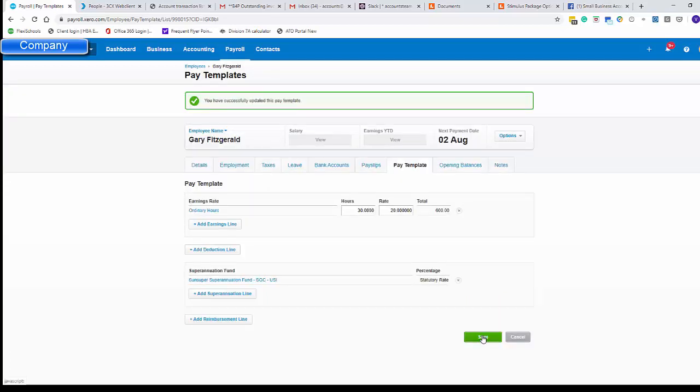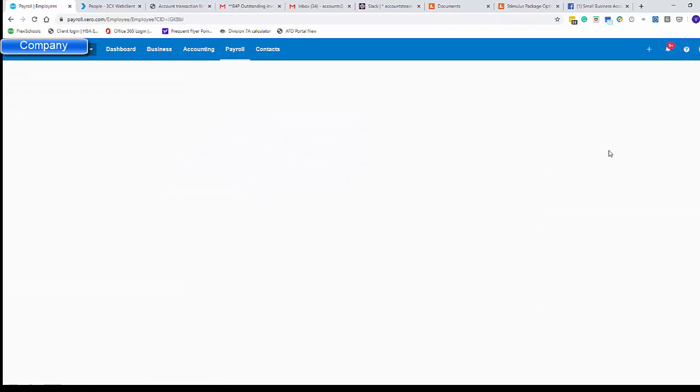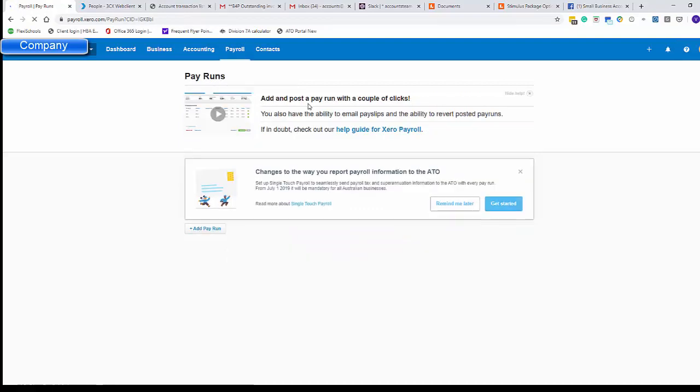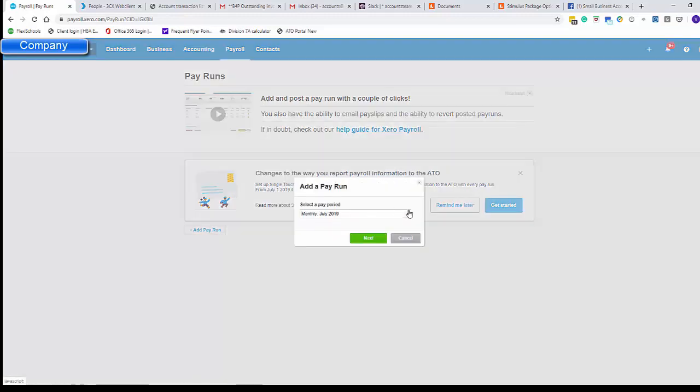So now we have this person set up in payroll, and it's a matter of then going through and processing payroll. So if we need to do another one, we can go back to employees and add another employee exactly the same way. Pay them, we go to pay employees, add pay run, we pick the first one,